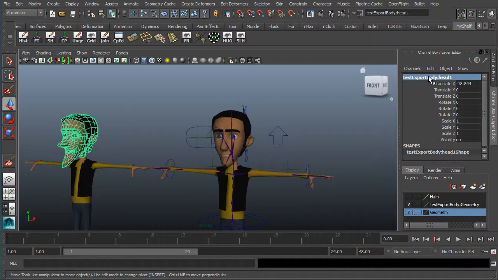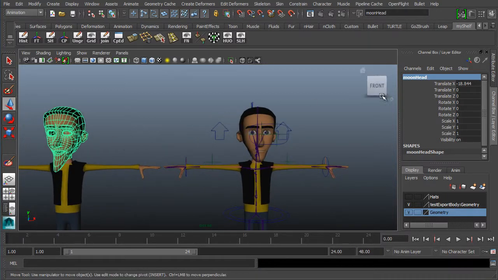I'm going to give it a name, and you're going to want to name these according to what they are, like Moonhead, for instance. If this was the vowel A, I might call it just A, or vowel A, something like that. Also, I can take any of the other phonemes, like F, where the bottom lip comes up and touches the teeth, E, where the lips stretch out, and any of those, and label them, because when we add a blend shape